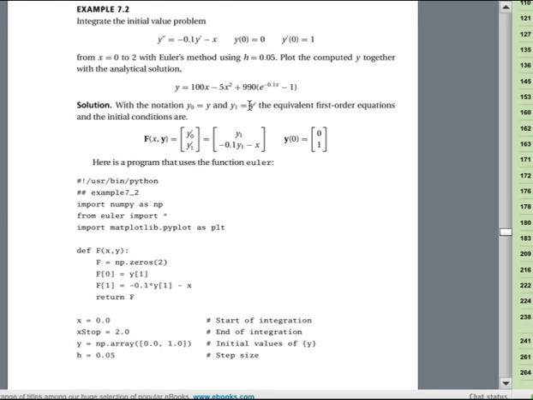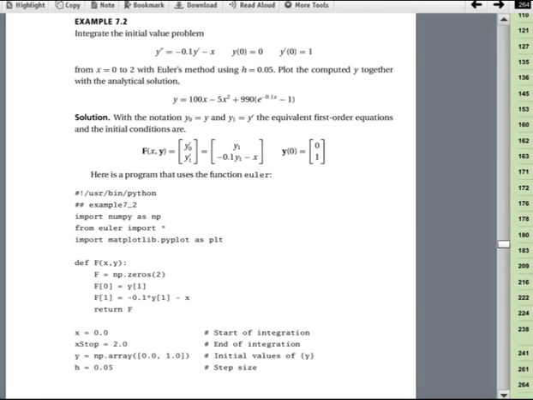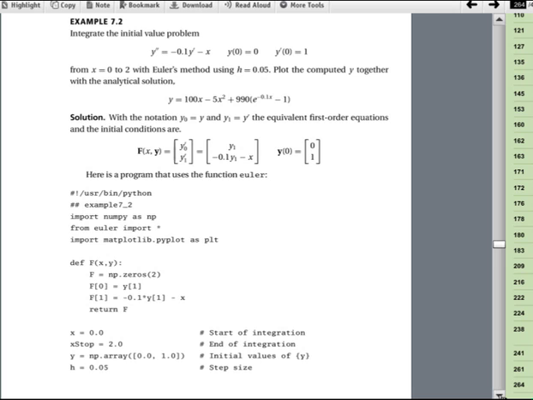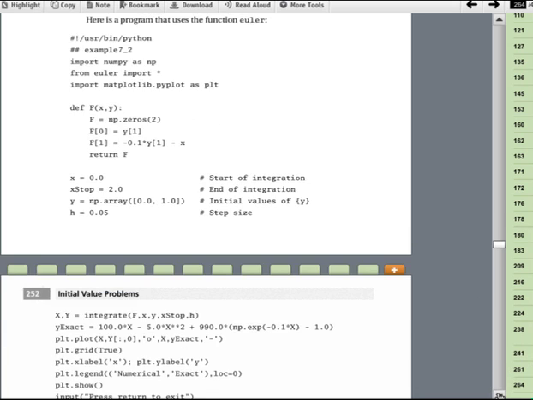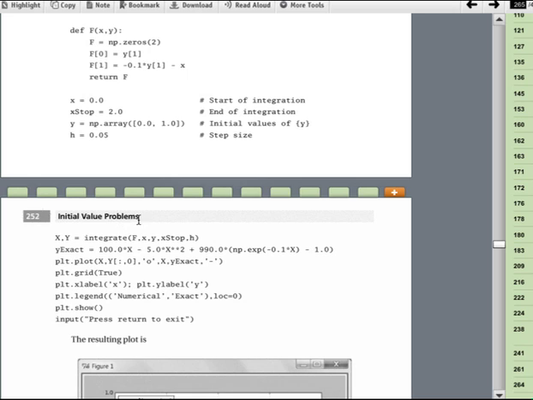So if we look at the rest of this code for solving the 7.2 example, specifying that we're starting our integration at the initial value of x equals 0, we're stopping when we get to 2. We create a very simple array of the initial values of y, which are just 0 and 1, as we indicated up here. Set the step size to 0.05, and then actually call the function to do the integration. And it's actually called integrate here, f, x, y, x stop, h. Okay, so